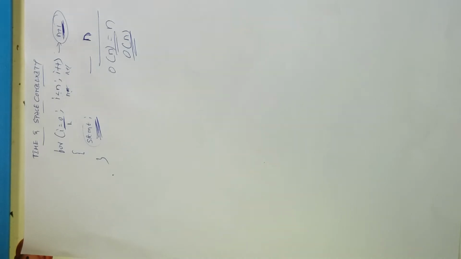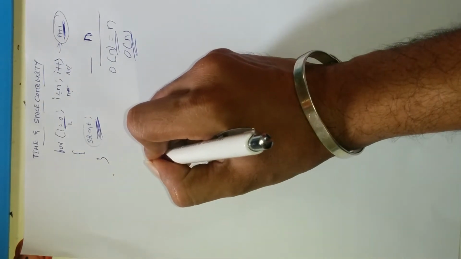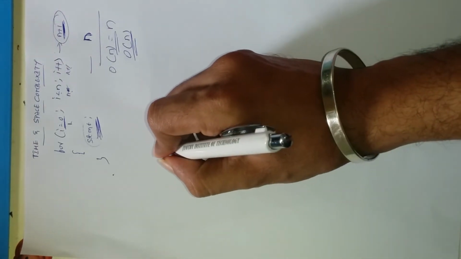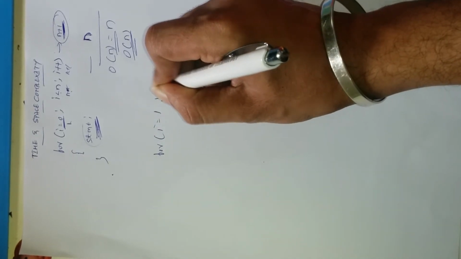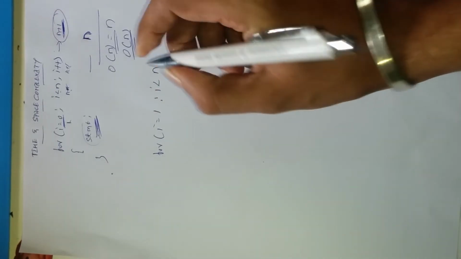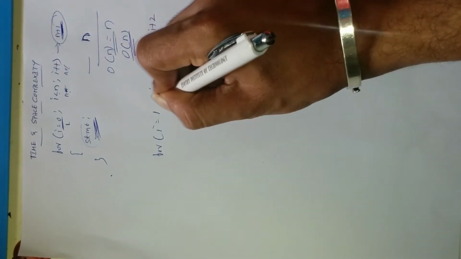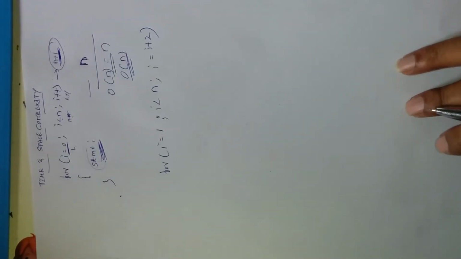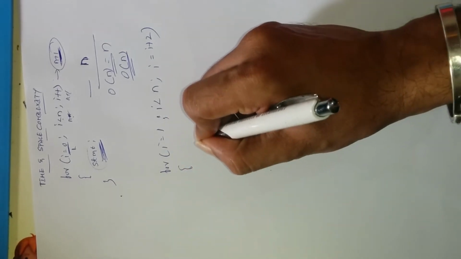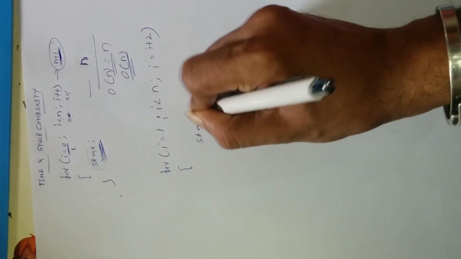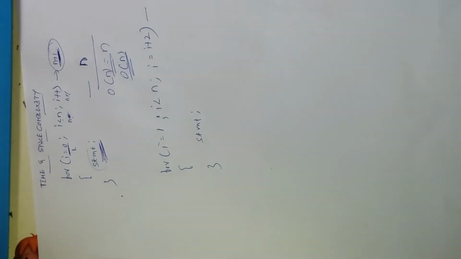We'll discuss another example. For i equals 1, i less than n, i equals i plus 2. This is one example: for i equals 1, i less than n, i equals i plus 2, and the statement, this is the executable statement, and close the brace. This is order of n plus 1 times only.